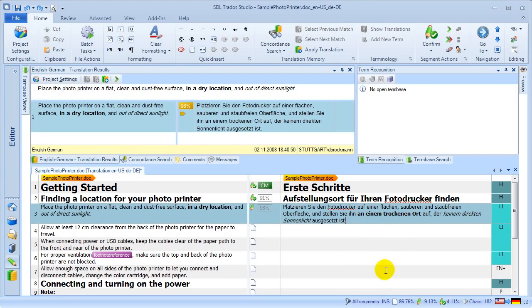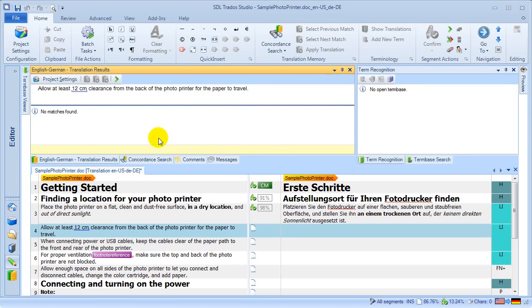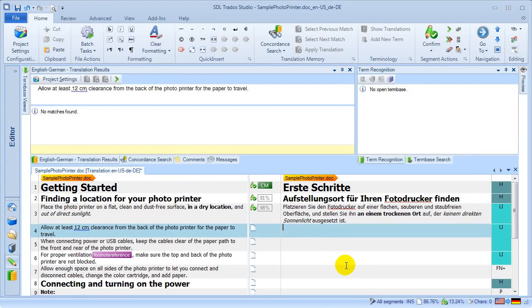So now that this translation is done, let me confirm again and move to the next segment. In this next segment, actually no fuzzy match or otherwise match has been found in the translation memory. So this is the situation that you can see now. It says no matches found here, so the translation memory didn't produce any results, which means I would now need